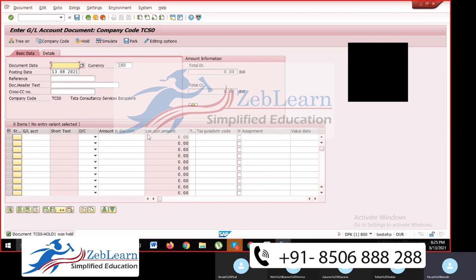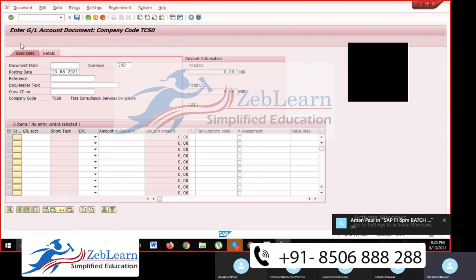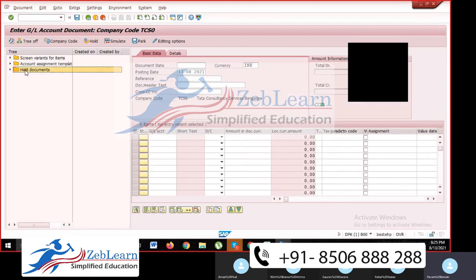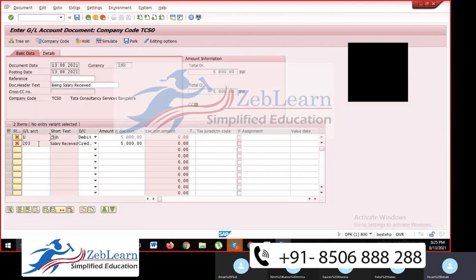That time we hold them. Now holding is done. We should post that entry. So click on the tree here, go to held document here. Double click on this. You will see the document has come.